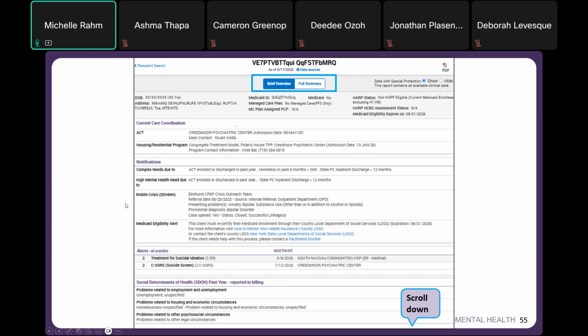So this is where you can see information on if they're meeting any of the complex needs criteria. You can see which specific criteria they're meeting. So this person was ACT enrolled or discharged in the past year, and that proves to be true because they're still enrolled in ACT with Creedmoor. They've also experienced mobile crisis according to DOH-MH, and you can see information on the crisis